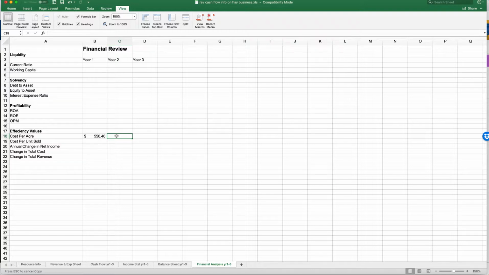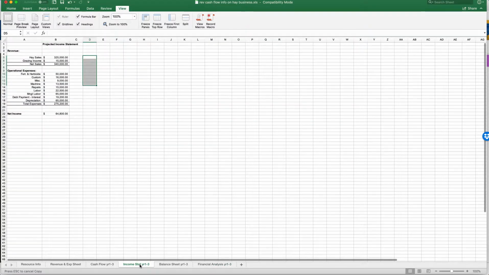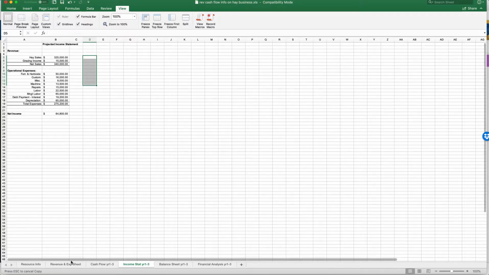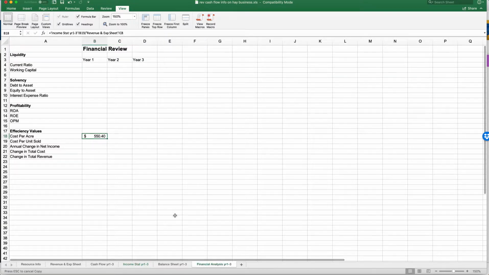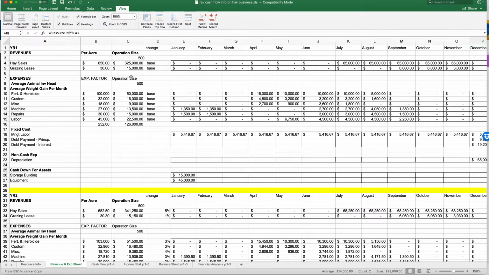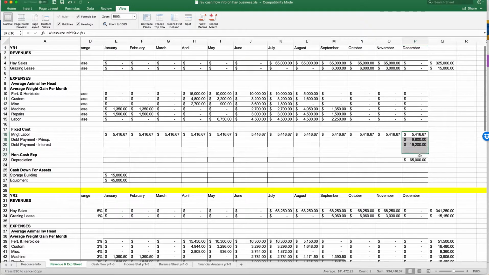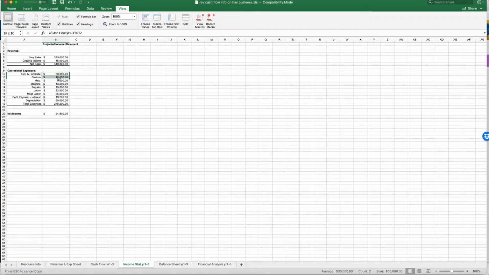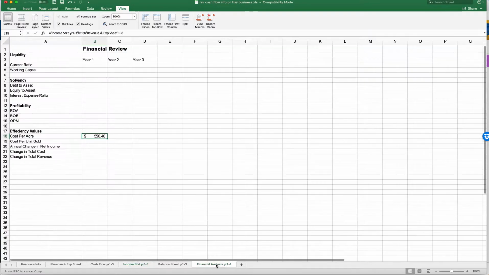Year 2 and year 3 are going to be, again, based on the income statement. Now, when you look at this, you're wondering, why is that cost per acre here 540? Well, when we go across here, we have some expenses that are fixed, or variable, excuse me, but then we have expenses that are overhead, so you got to add all those together. Really, the income statement, that's what it does. There's the total cost plus labor and depreciation and interest, and so that is going to be your cost per